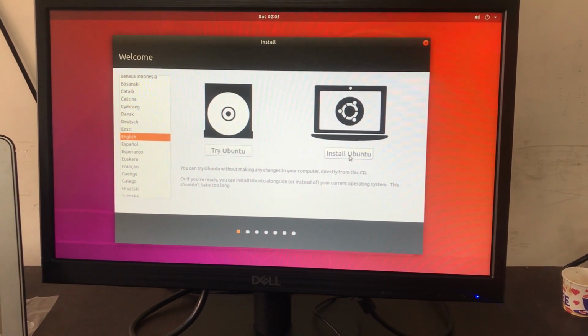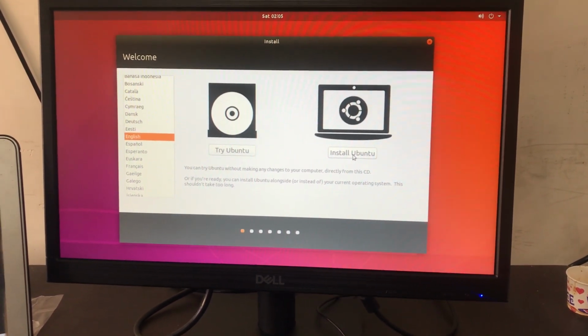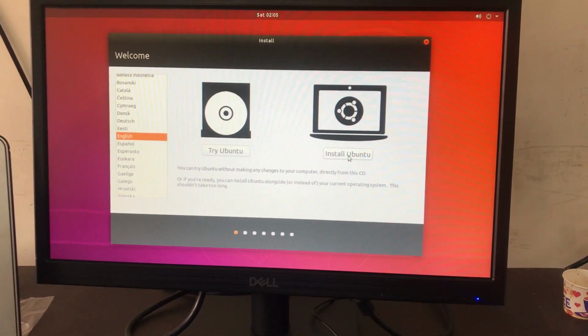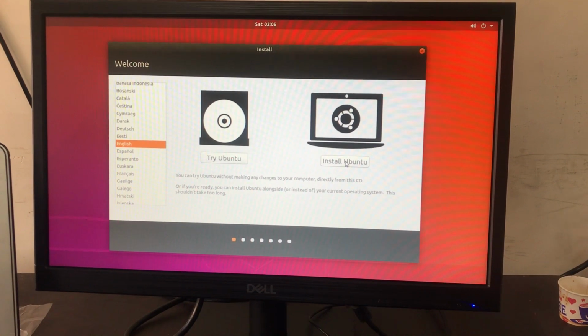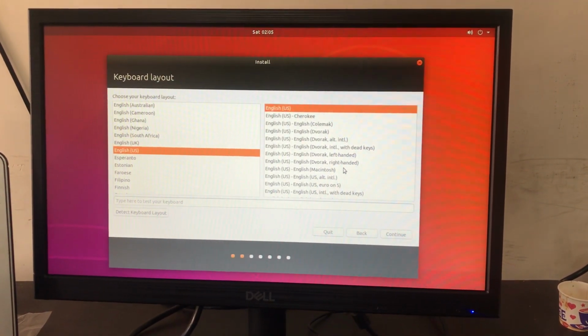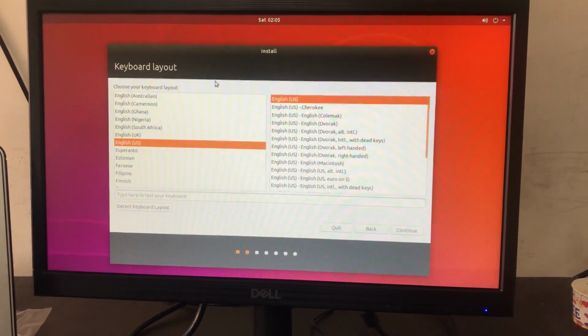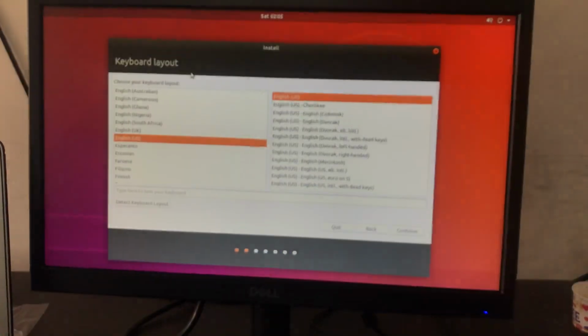Okay, so we are going to install Ubuntu directly, and I will show you how we can do partition and all other things in that. First of all, click on install Ubuntu. Then it will ask you the keyboard layout, so you can choose whatever your one is.